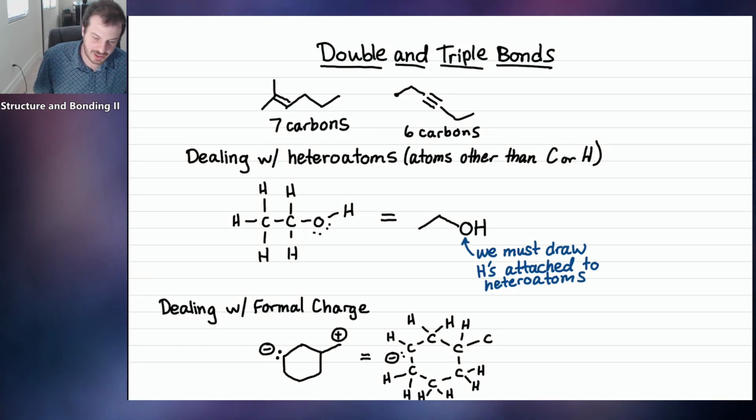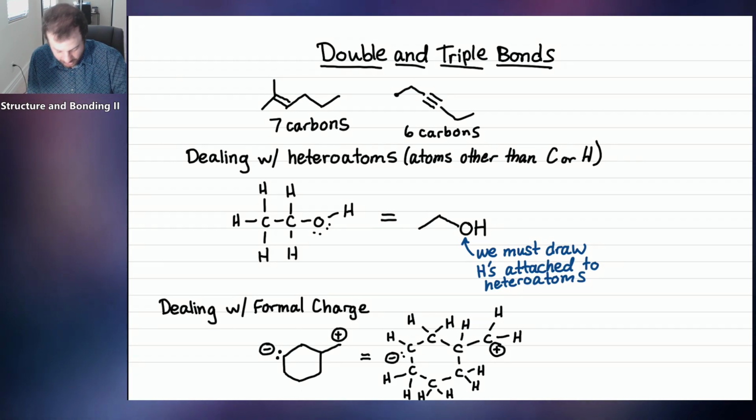And this carbon up in the upper right has a positive charge, so it only wants to make 3 bonds, just like the negative carbon. And so instead of adding 3 hydrogens to that carbon, we'll just add 2. And now that carbon is making 3 bonds. So take-home message, if you end up with a carbon that has a negative or positive charge, make sure that it only has 3 bonds being formed rather than the usual 4.